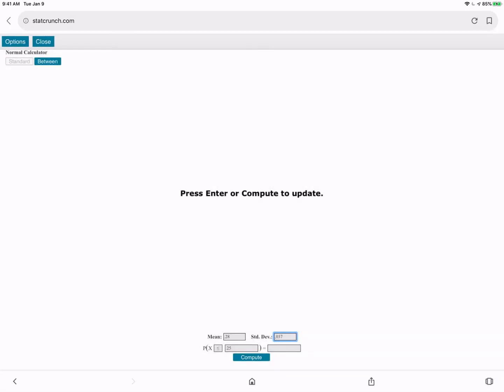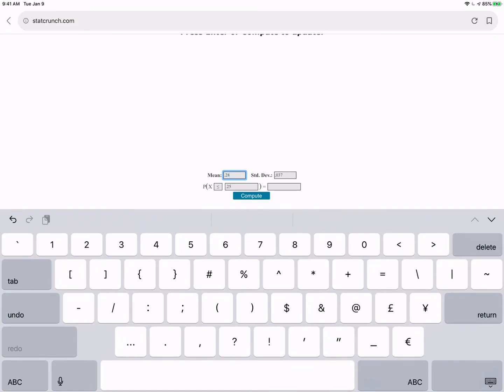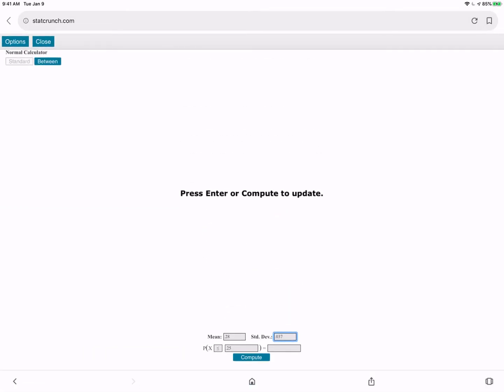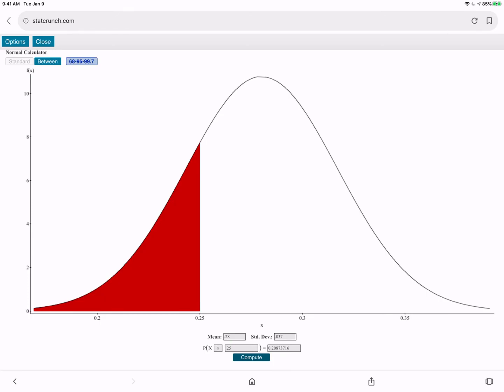Oops, I have to change my mean here. I think I didn't see the decimal point. So 0.28, a standard deviation of 0.037, and we're looking for values that are less than 0.25. Good. So now we'll compute, and we have an answer of